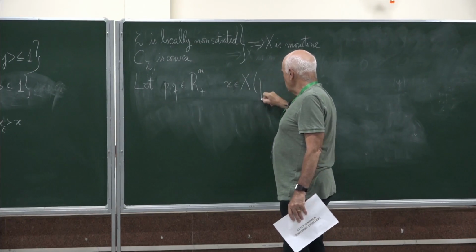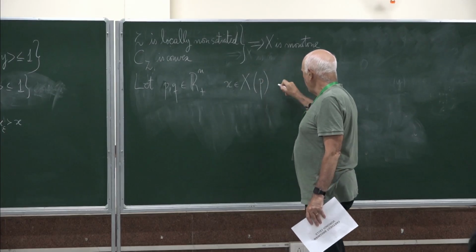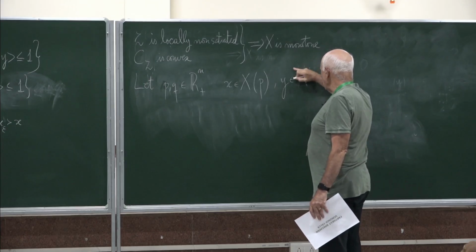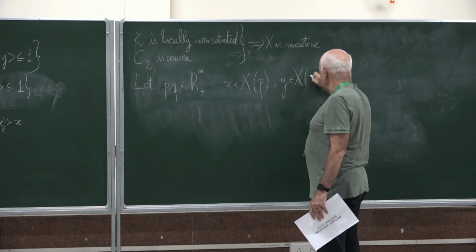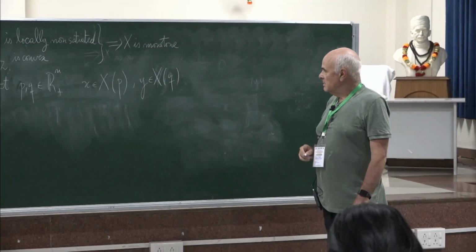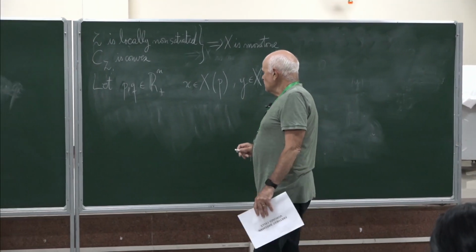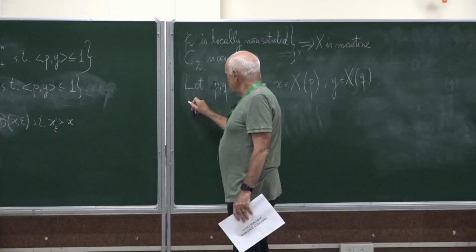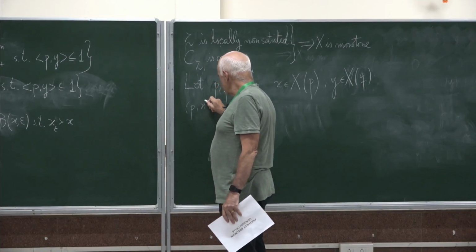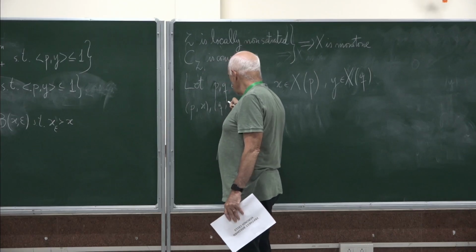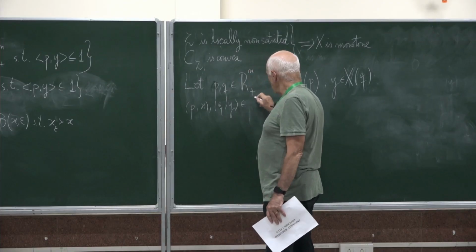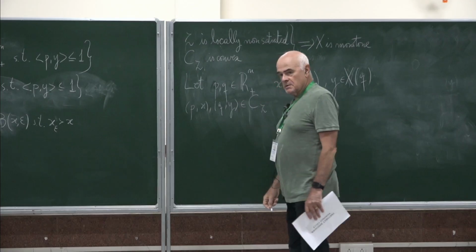Let X belong to X of P, and Y belong to X of Q. Then it's clear that the pairs Px and Qy belong to the set we call C,